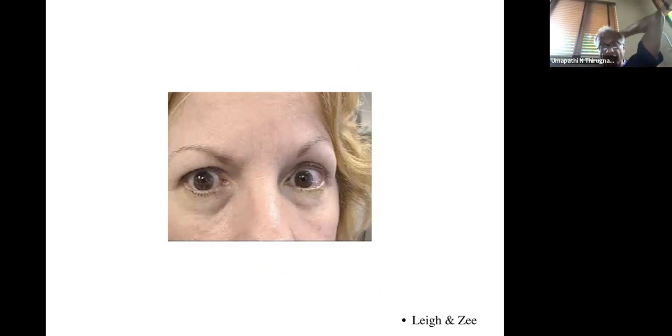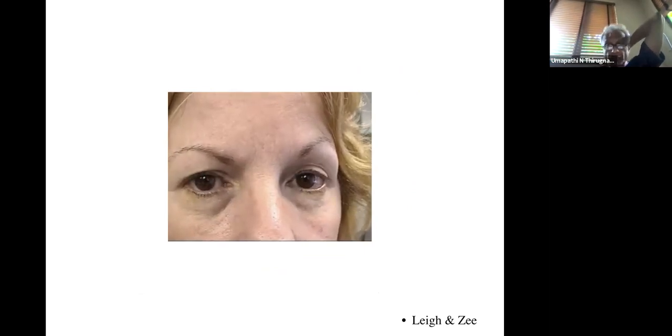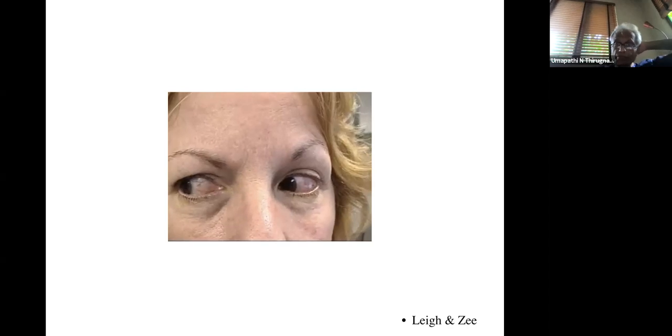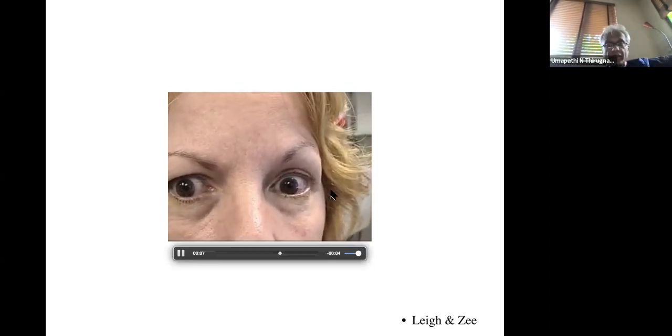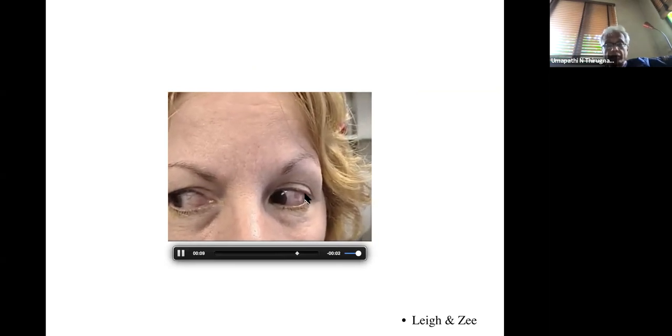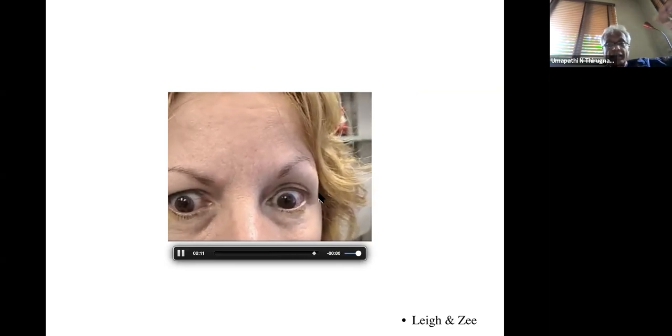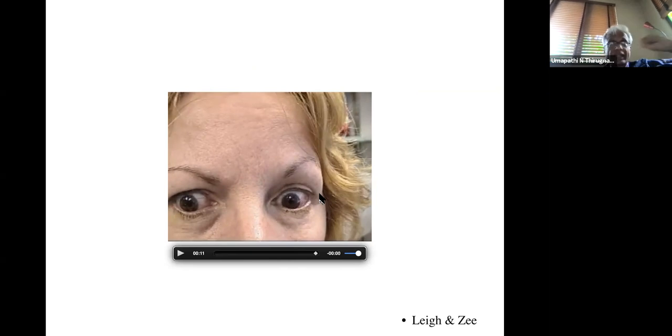Okay, so this lady is unable to look to the left. Look to the right. No problem. Now look as far as you can to the left. Okay, now she's trying to look to the left, as Dr. Z is trying to say. Right. And as far as you can to the left. Nothing is moving. So again, you may think of various diagnoses, but again, as I've always been emphasizing from the